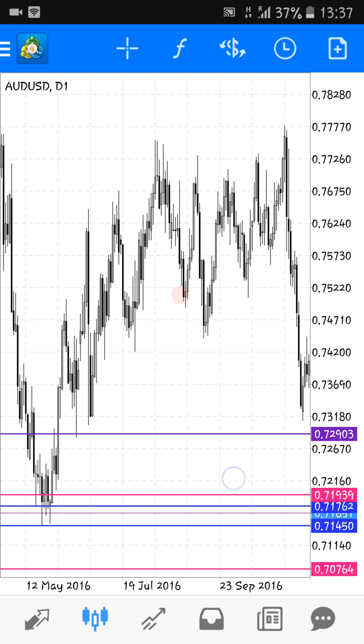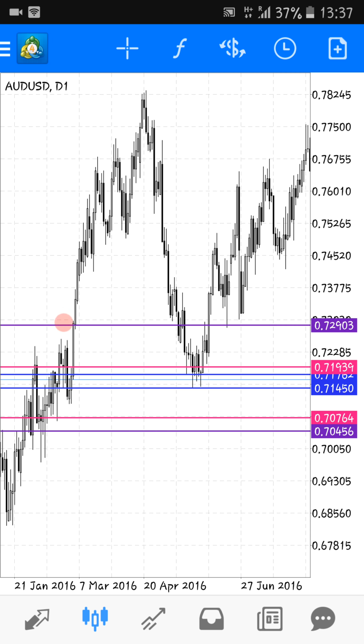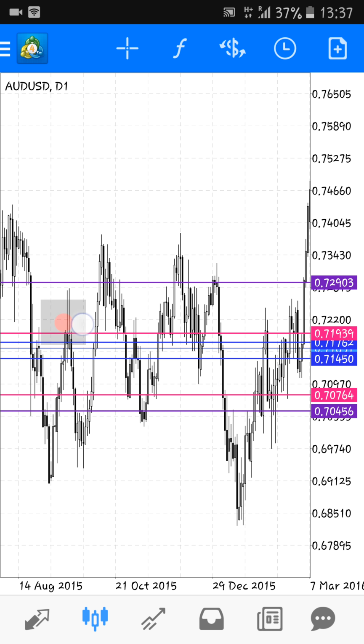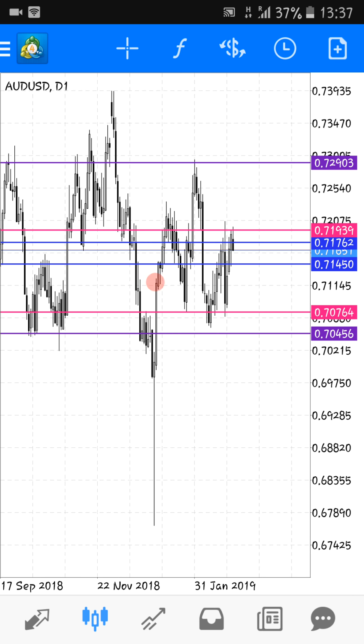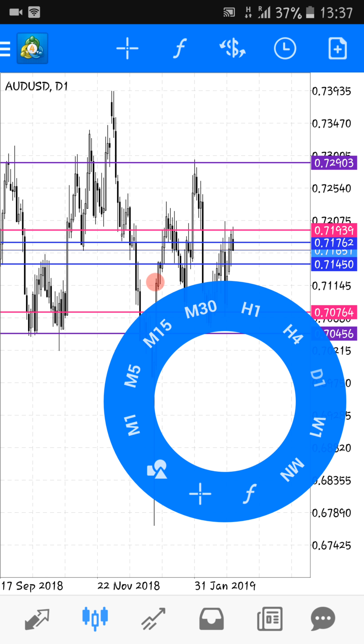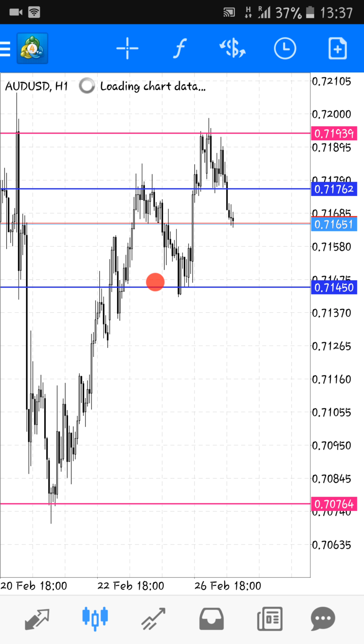But in any case, what we want to see is price respecting that line now and again, like those touches. Okay, so now coming back to it, if you come to your hourly time frame, all of these levels are here, but you need to remember that according to your color coding, purple is your support and resistance on a daily time frame, the pink is your support and resistance on an H4 time frame, and the blue is what you